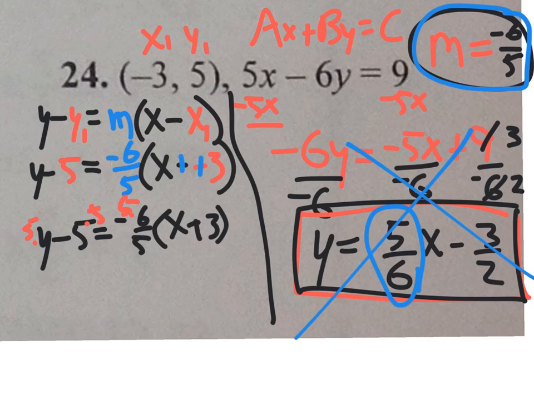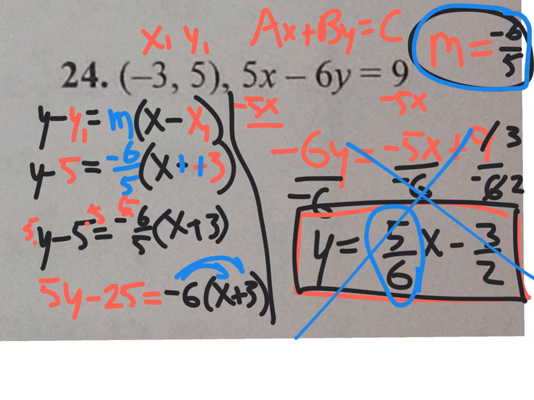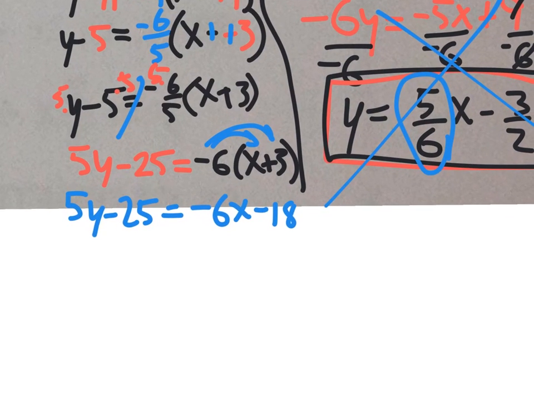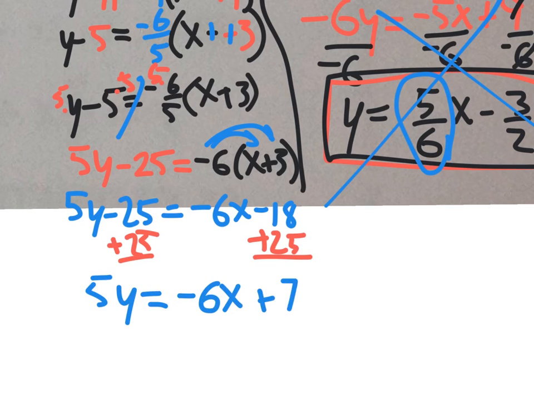This is what I get after multiplying everything by 5, and then I'm going to distribute the minus 6. Negative 6 times x, negative 6x. Negative 6 times 3 is negative 18. I want to bring down everything else. 10 seconds left. Let me move this up. Add 25 to both sides. And my final step would be to divide everything by 5. So my answer is